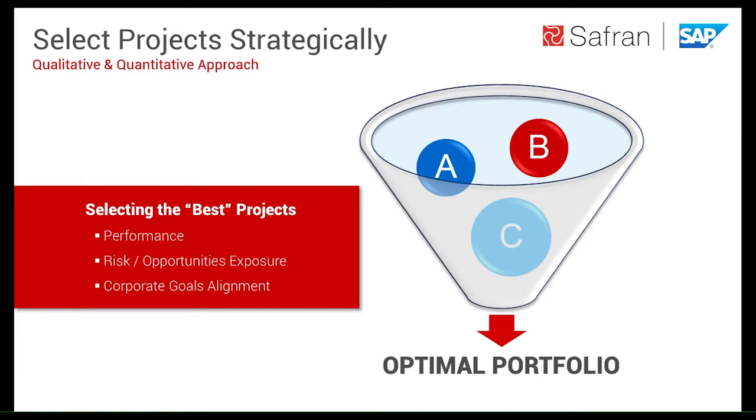So when we're talking to any of those customers that we have the pleasure of working with today, they're always asking us, Safran, how can we select our projects more strategically? And then how can we execute against those projects flawlessly? Because they don't want to get in that trap that Accenture presented of only 30% on budget, 15% on time, nor do they want to fall into the trap of, when the market makes adjustments, how do we figure out which projects we're going to keep alive, and how do we figure out which projects we're going to shelve and